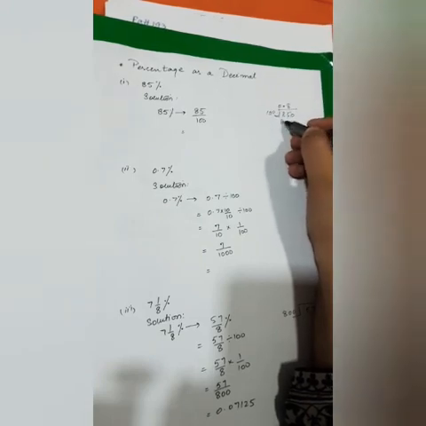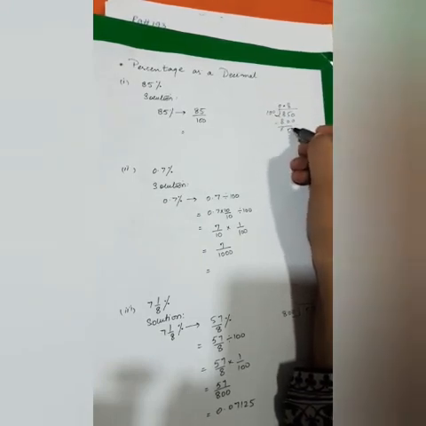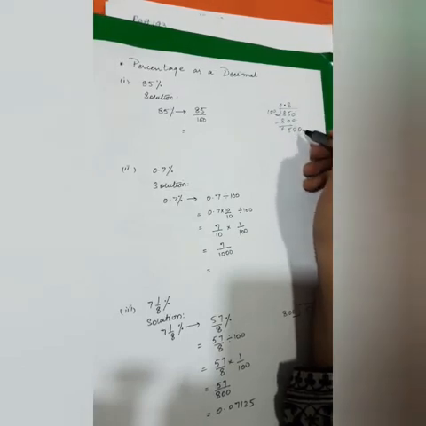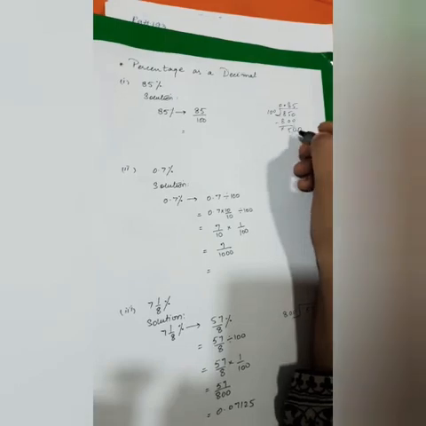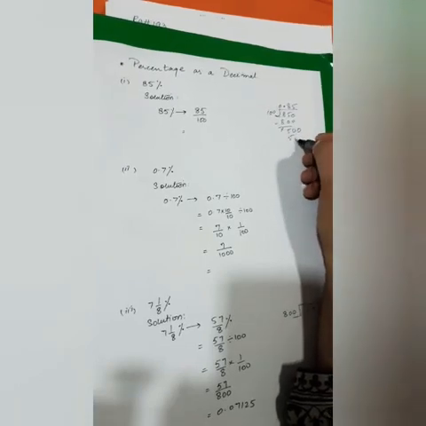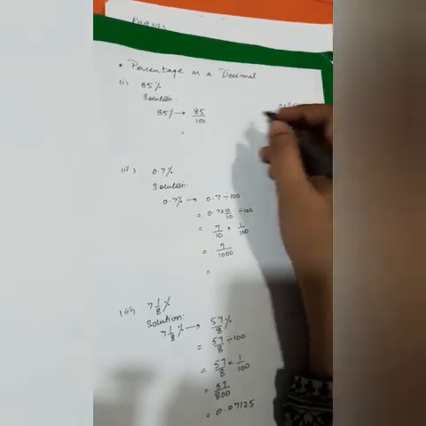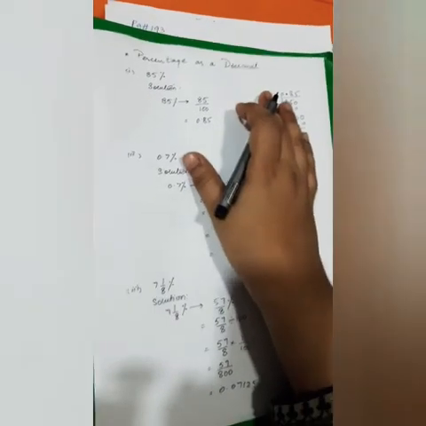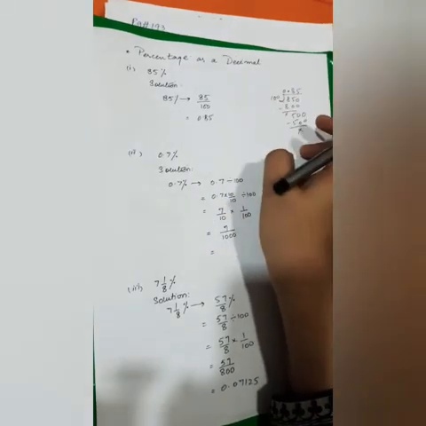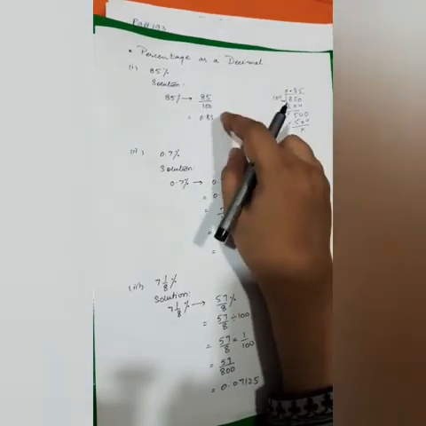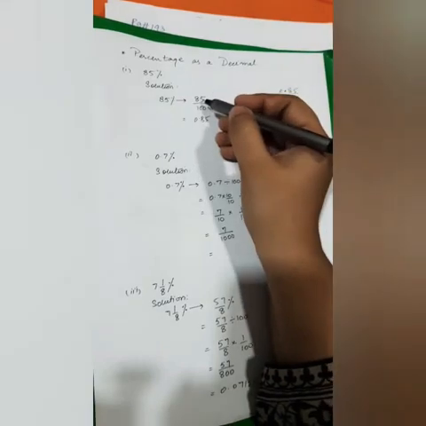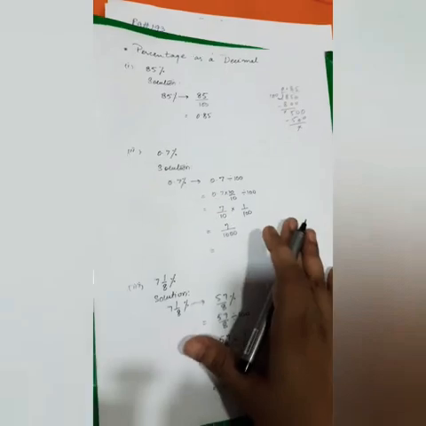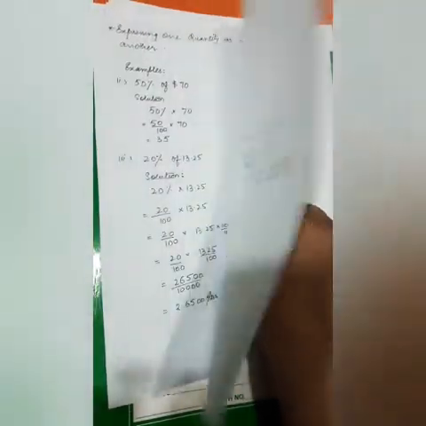So 850, and again I will put a 0 over here, because one decimal place I have already moved. 8 5s are 500, and it finishes. So 0.85. Now another easy way to do this division, instead of going the tedious way, is to say that it's a two decimal place number, so we count two digits from the right-hand side, 1 2, point, and 0.85. I will give some examples over here also.